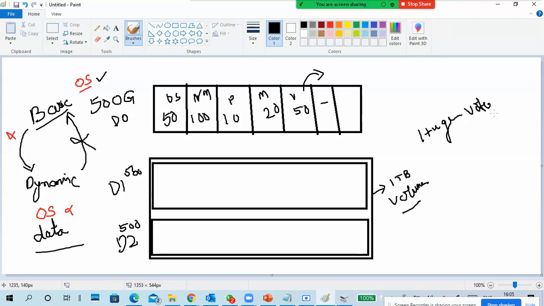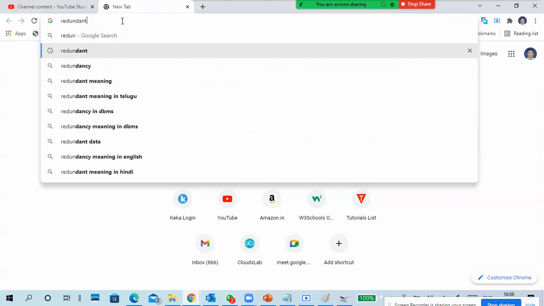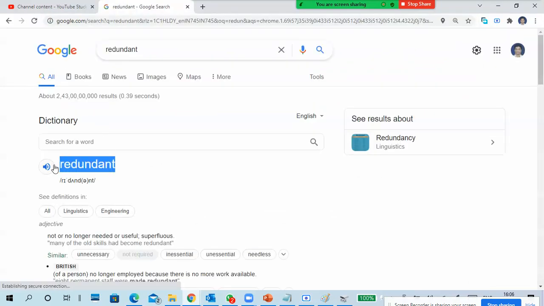Okay, so when you combine two disks together, we call that a volume. That type is volume or redundancy.